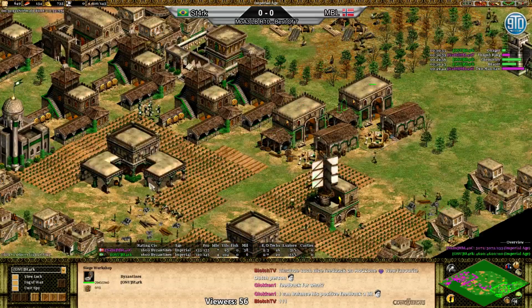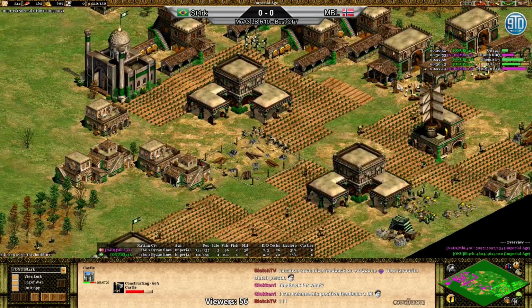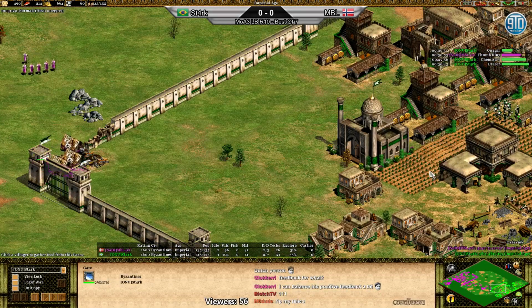And he's building Siege Workshops. That's a smart move. He's building a castle back next to his TC. Smart move. I think he'll be able to defend this if he can just get even a couple Mangonels too, for now. Yeah. But MBL has to be...